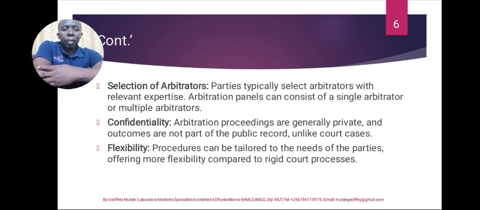And then another key feature that we shouldn't forget is confidentiality. Because in arbitration, there are some things that the disputing parties may reveal privately to the arbitrator for purposes of sorting the matters out, which may not be said out during litigation processes in court. For such private information shared by the disputing party, either during caucusing, when you caucus with these parties, they come to trust you and reveal some special secret information.